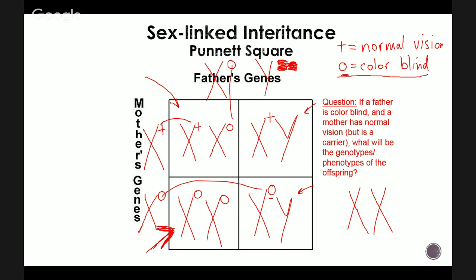And over here, if you're a male, what does it mean? 50% chance that you are normal vision, yep, and a 50% chance that you're